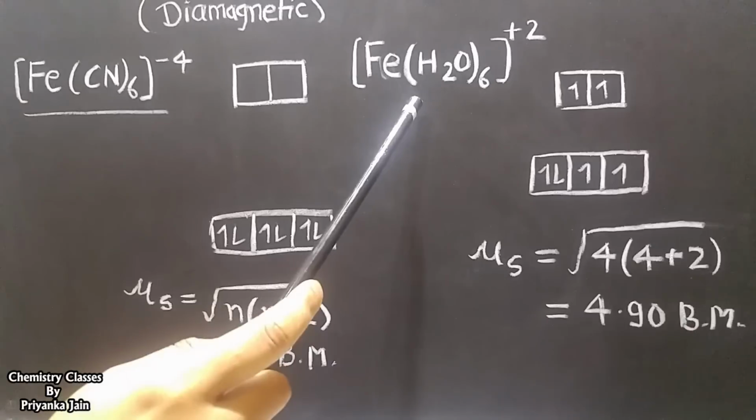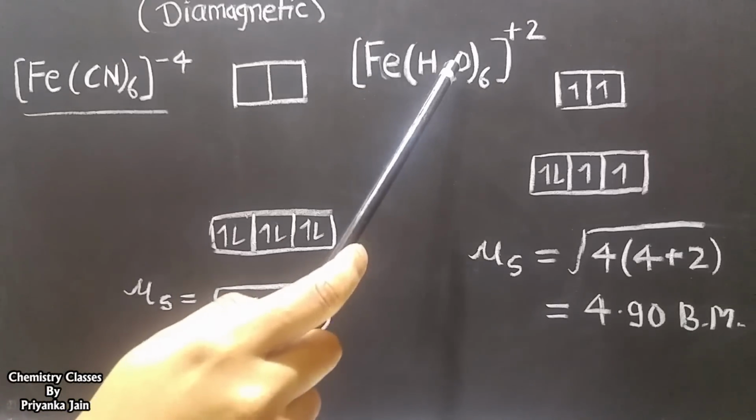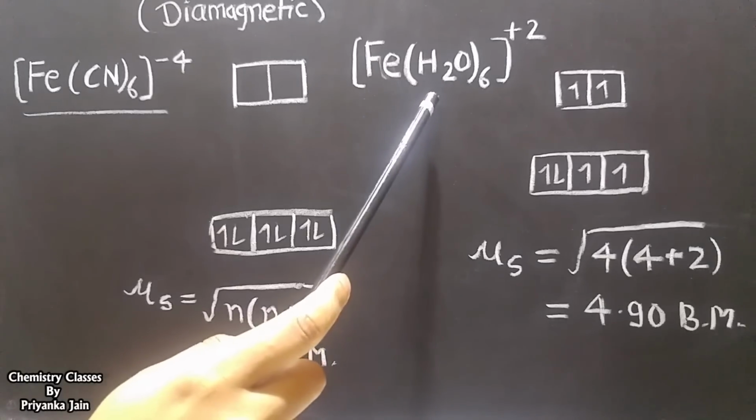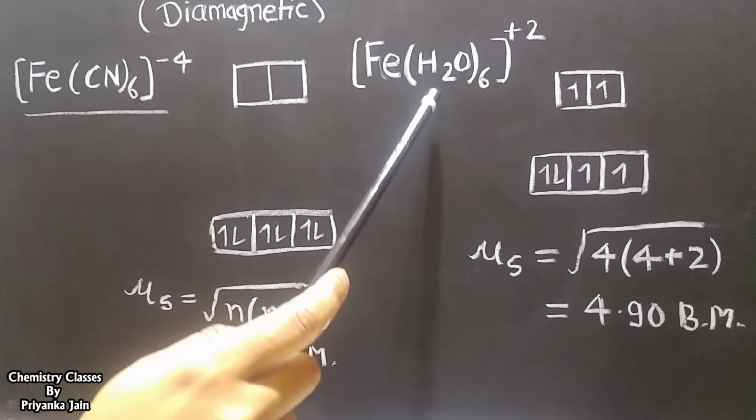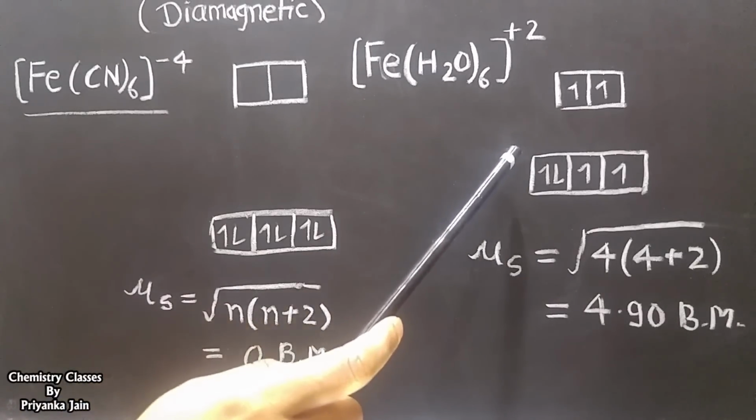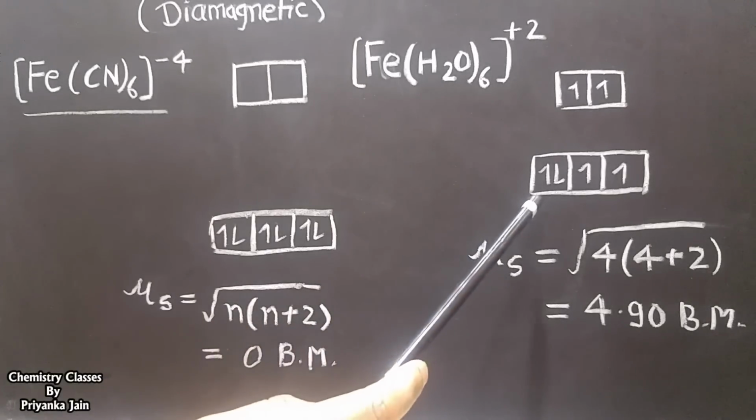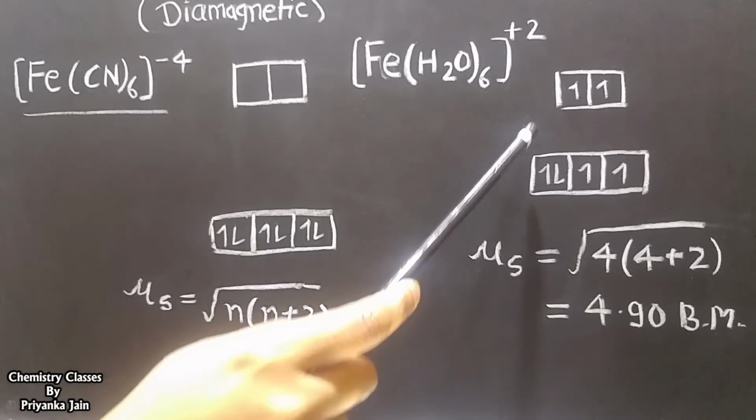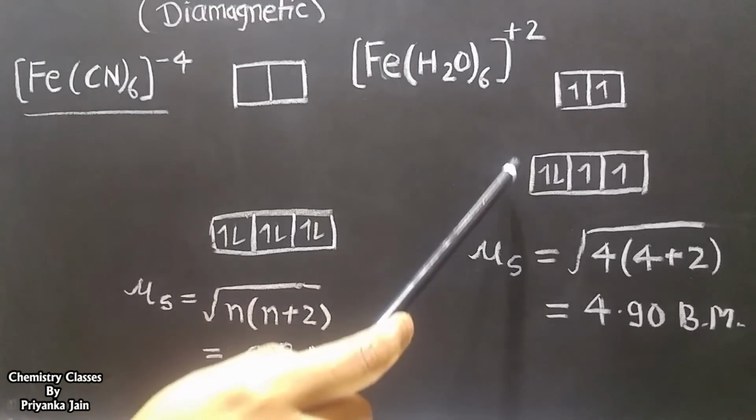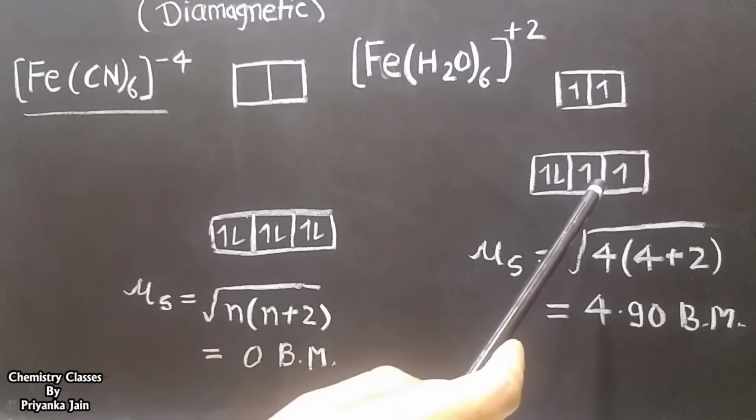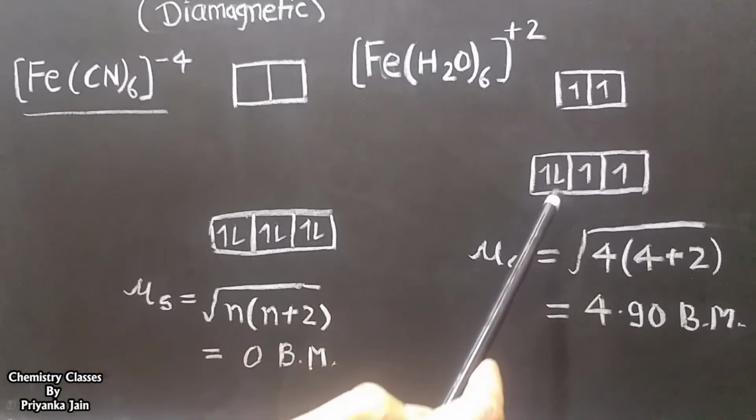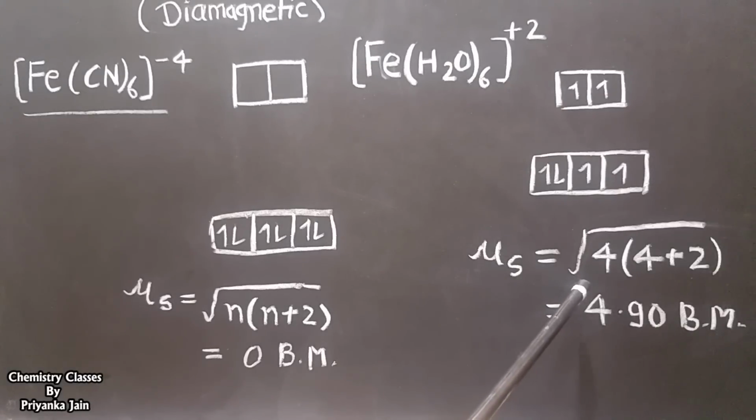And if we see another compound, that is [Fe(H2O)6]2+ with a plus 2 charge. In this compound, water is present as a ligand, and this is a weak field ligand. So it causes a very small splitting of these two levels. So the electrons can easily jump into the eg level and then pair up in this level. So we get this type of structure. It means 4 unpaired electrons are present here. So the magnetic moment is given by root 4(4+2), that is 4.90 BM,